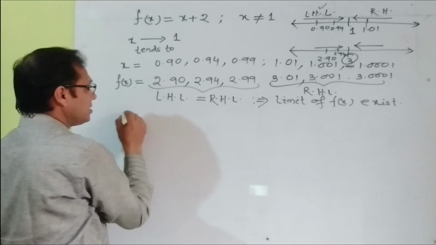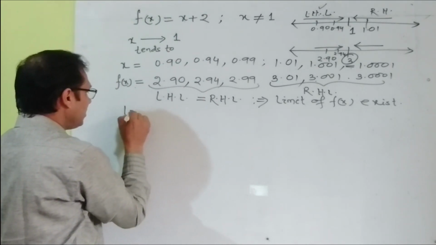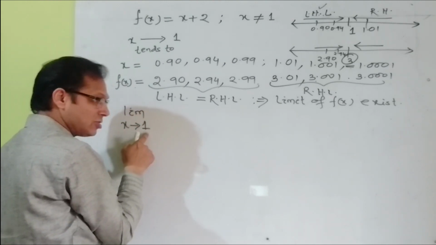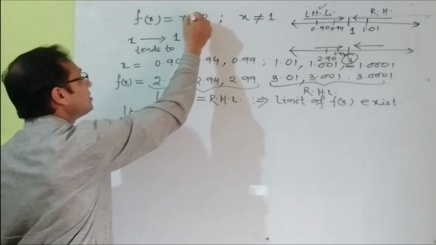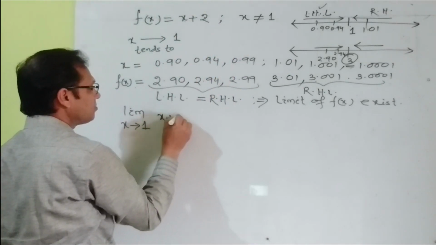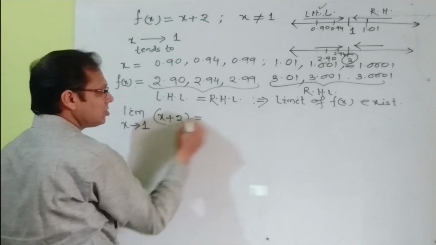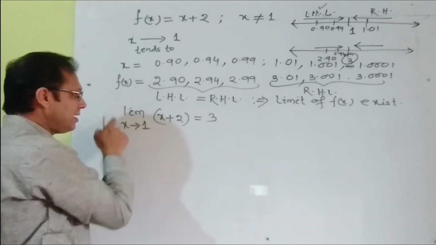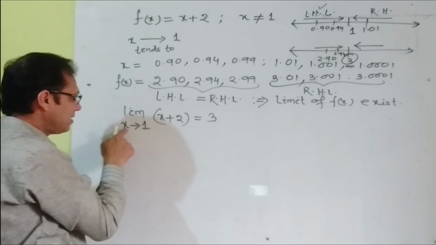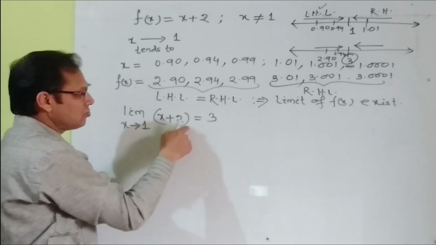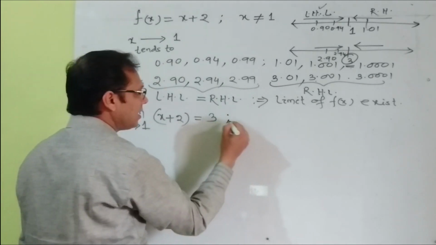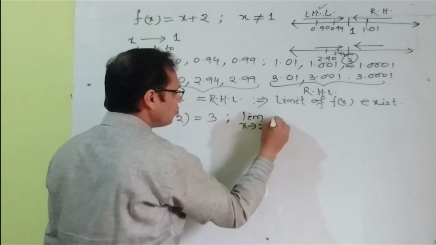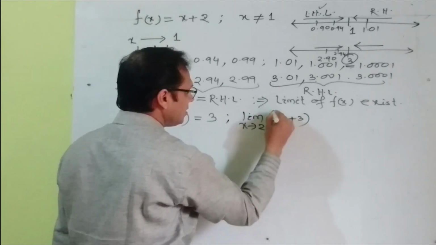Symbolically, this can be written as the limit as x tends to 1. When x tends to 1, the value of f(x) is equal to x plus 2. You can write here x plus 2 tends to how much? That is 3. This is read as the limit as x tends to 1 of x plus 2 is equal to 3. If we take another example, suppose the limit as x tends to 2 of 2x plus 3, then